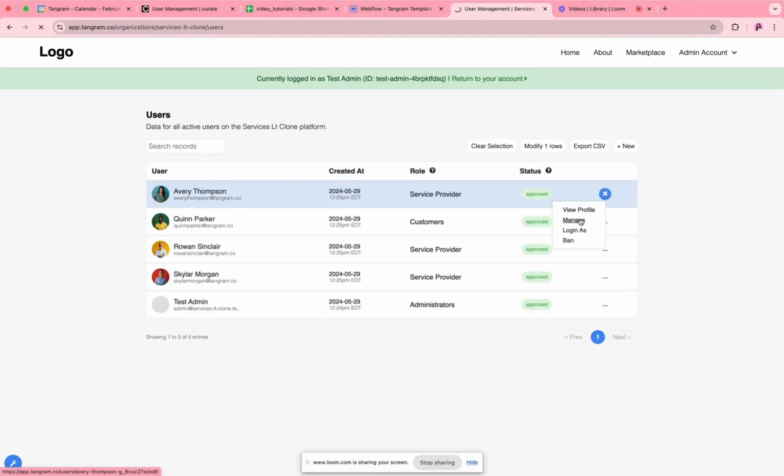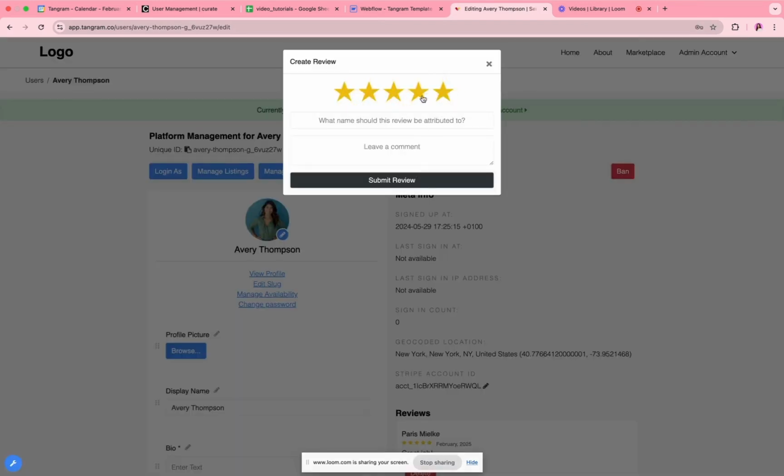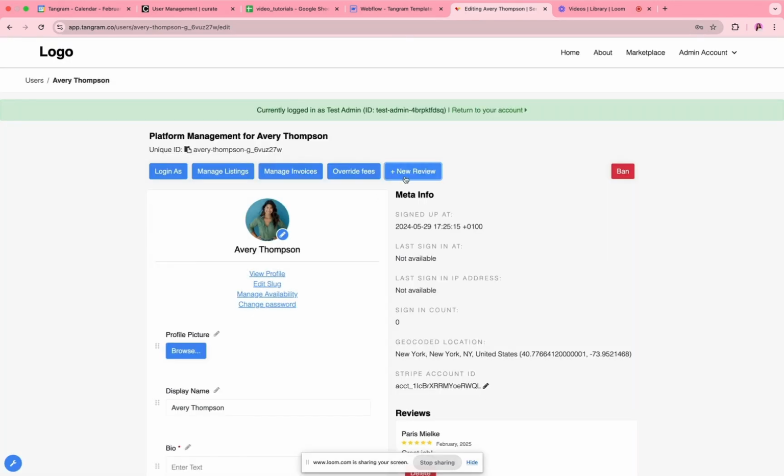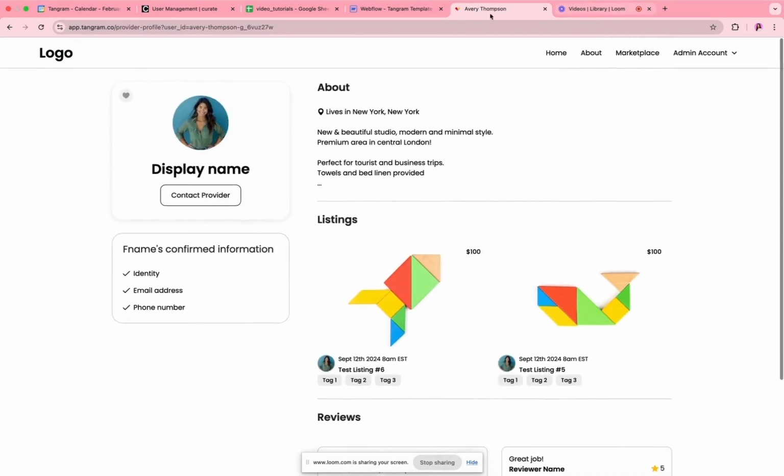You'd click manage, and there will be a button to click plus new review here. Now you can review out of 5 stars. You can leave a reviewer name. I'll just put myself, Paris Melky, and say great job or something like that, and then submit the review. I'll say like, awesome job, submit review, and you'll see all of the live reviews on the management